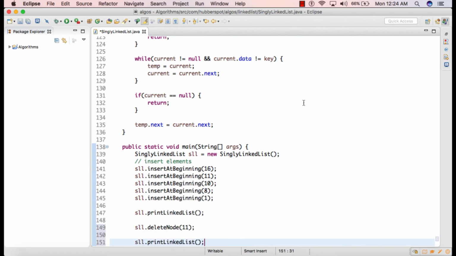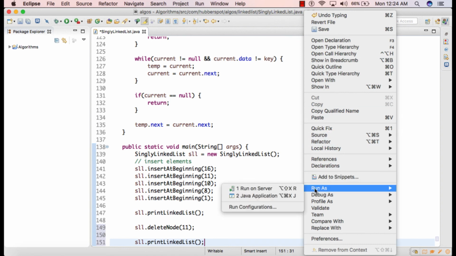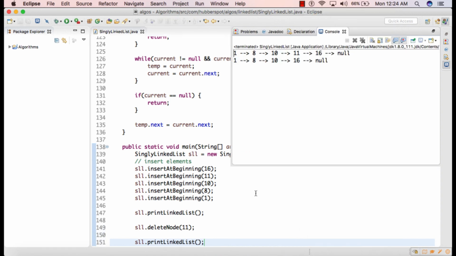If I run the code now, you can see initially there were 5 nodes, and after deleting the node having the key as 11, the linked list becomes 1, 8, 10, 16, and the node which was in between 10 and 16 was removed.